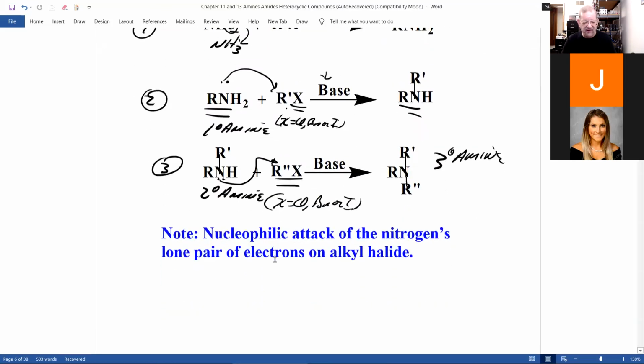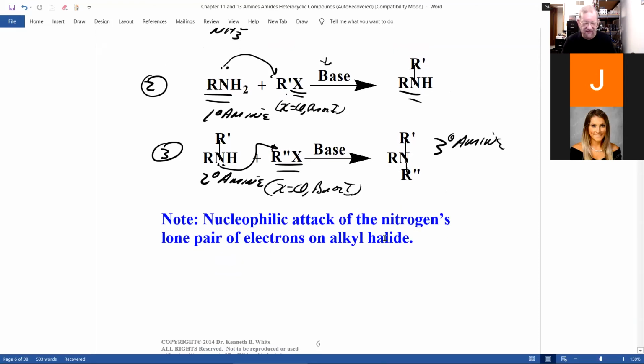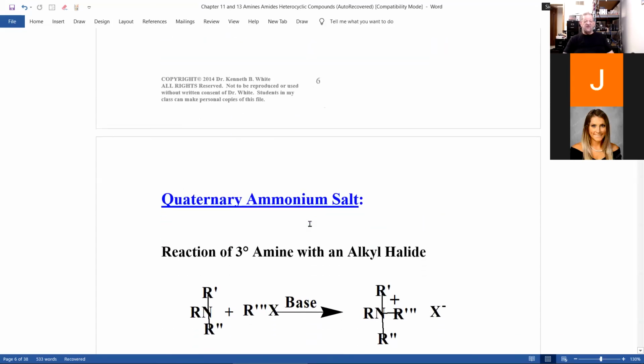Now, with all of these, there's nucleophilic attack. Nucleo means positive, philic, lover. And the carbon with the halogen is slightly positive. So that's why the nitrogen attacks the alkyl halide. Well, in a tertiary amine, there's still a pair of non-bonding electrons, which leads us to one of the most